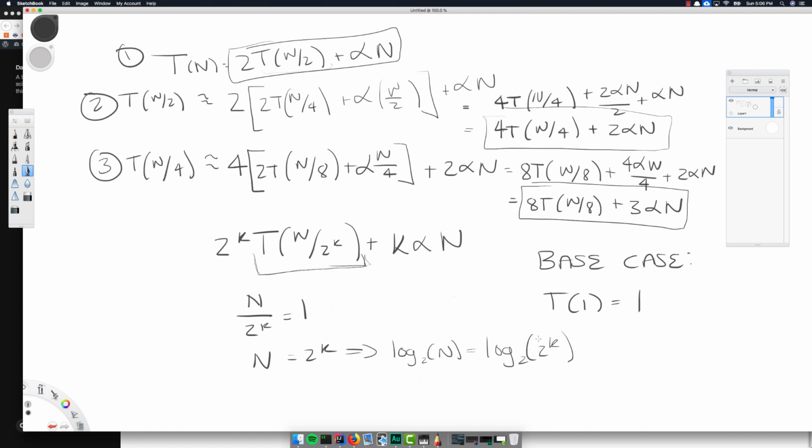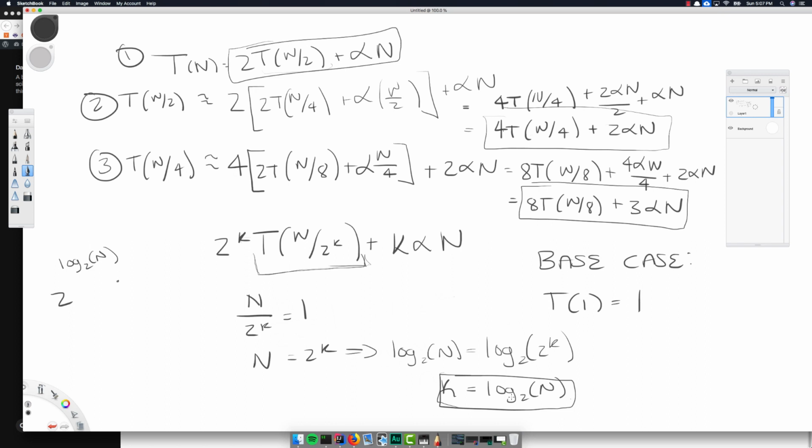And through reduction, we can equate k to be equal to log 2 of n. So this is a very important piece here, because now we can look at our original formula and say, okay, if we have a k here, then what do we have? Well, we have 2 to the log 2 of n, just substituting k here,